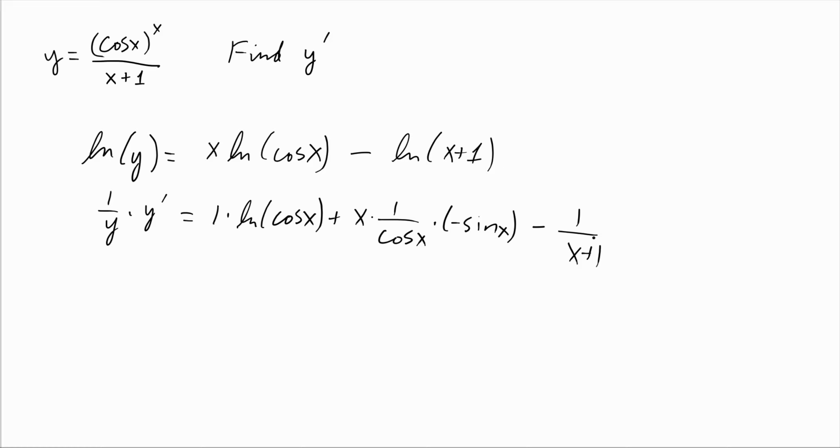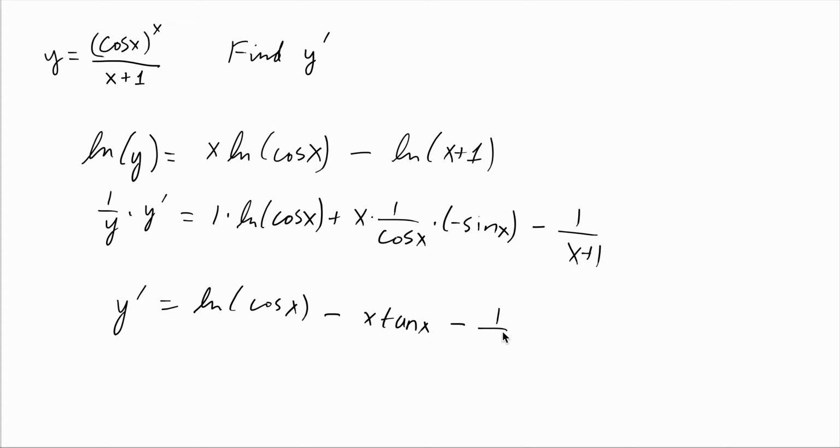Derivative of the inside x plus 1 is just 1. Okay, so essentially we have y prime now, because y prime will be equal to all of this multiplied by that. So we get natural log cosine of x plus, if you want, you can even rewrite that as tangent and make this a negative, minus x tangent x